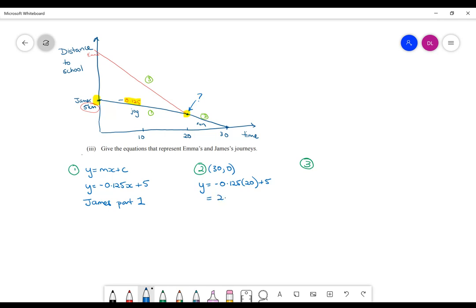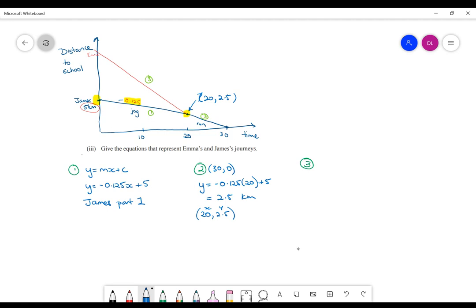That will give you 2.5. In this case, it will be kilometres. So this point is the point 20, 2.5 kilometres. If you've got the 2 points, you can put them straight into your graphics calculator and come out with an equation, or you can do what I'm just about to do. So you know that this one has a point which is 20, 2.5. So you've got an x value and a y value which you're going to put into the equation,